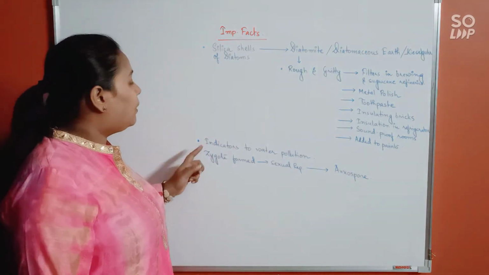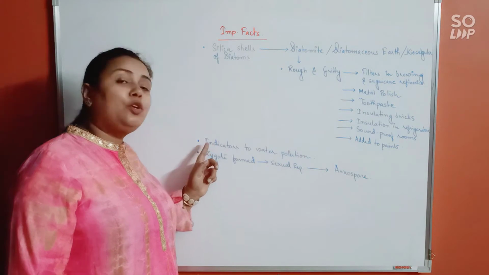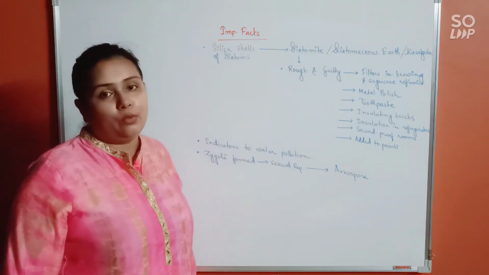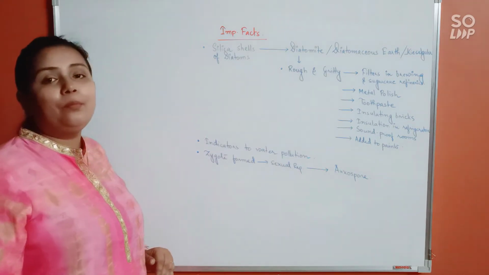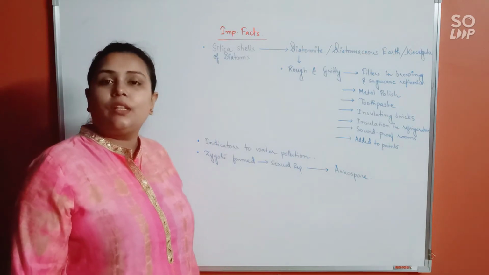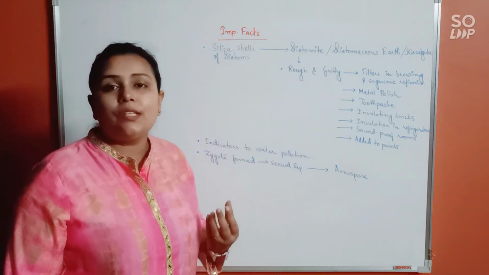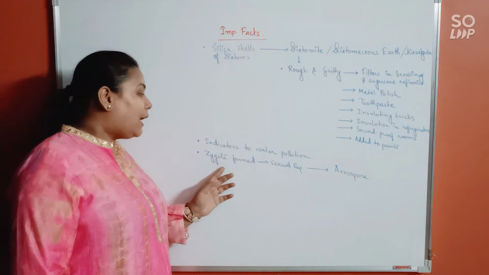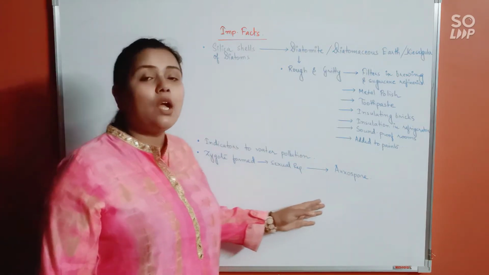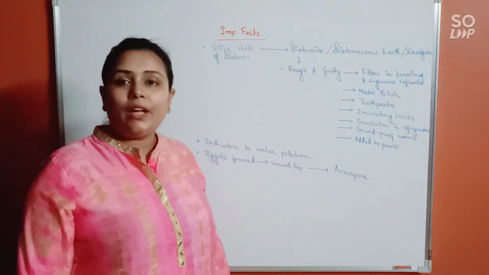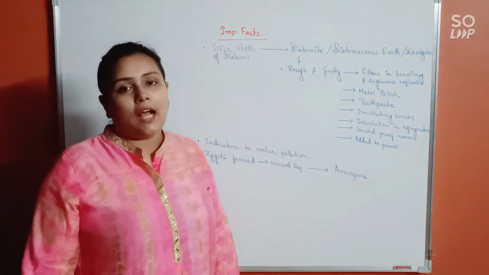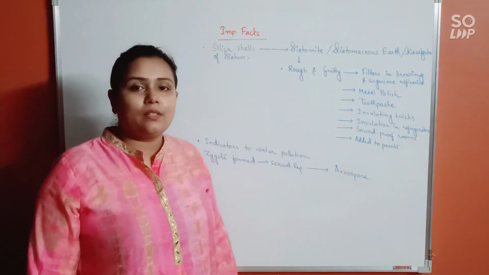Next important fact about diatoms is that they are a good water pollution indicator. They can indicate water pollution. And the last and the most important fact is that when sexual reproduction occurs in the diatoms, there will of course be a zygote formed, right? So the zygote formed in diatoms during sexual reproduction is known as auxospore. Alright, so these being the important facts regarding diatoms, let us move to the last, that is euglenoids.